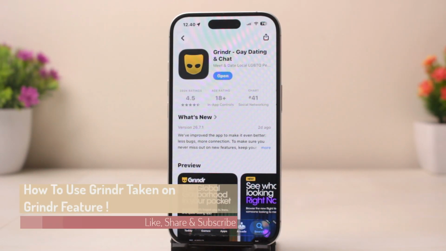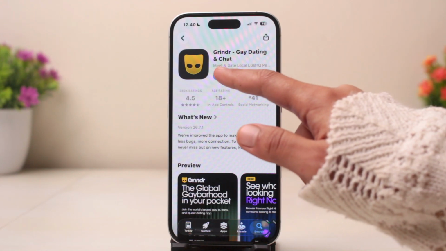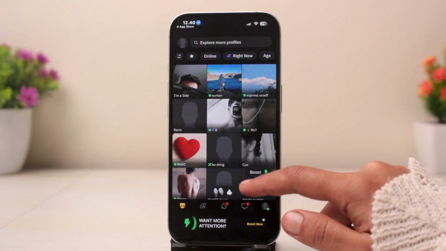So today we'll be talking about how to use the Taken in Grindr feature. Let me tell you guys that the Taken in Grindr feature allows you to send authentic real-time photos with an animated badge and timestamp. You can simply use it by going to your Grindr app and then going to your